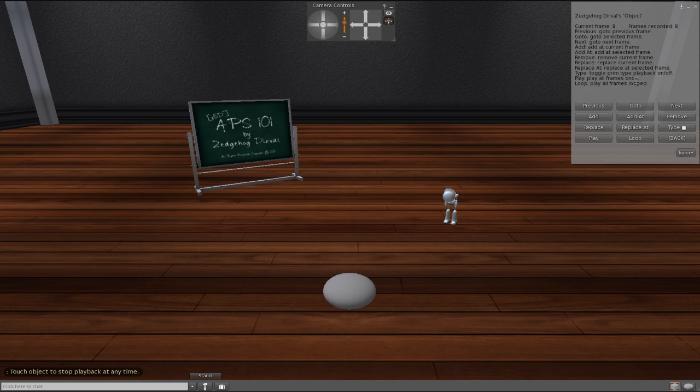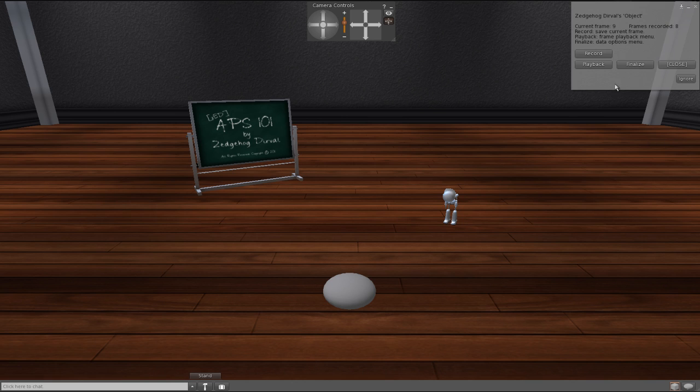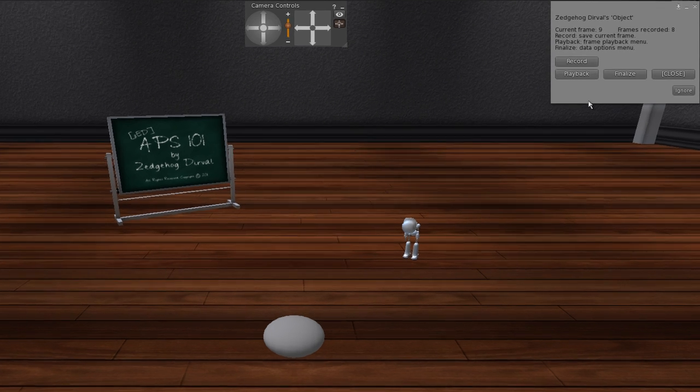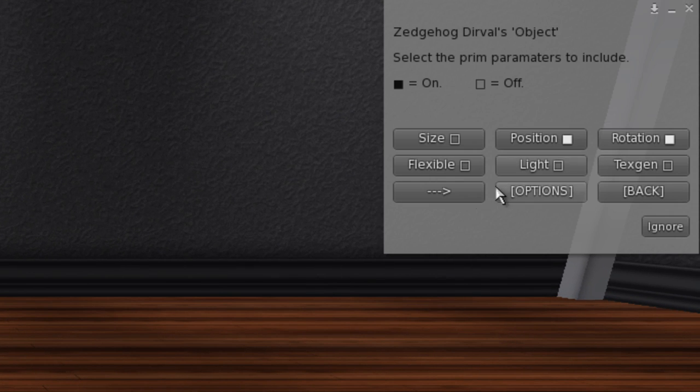More information, details on the playback menu and the playback video. So I've just gone over that, and I'm just going to go back. Now that I've got it all done, I'm happy with that. I'm going to go into finalize. Now there'll be more explanations on the finalization process in the finalize video, explanations of what each of